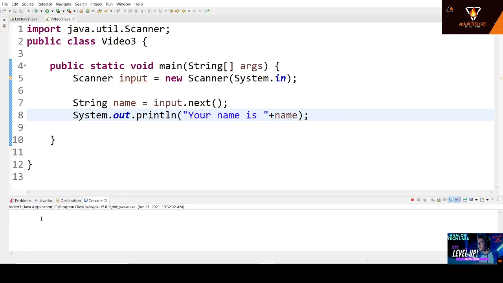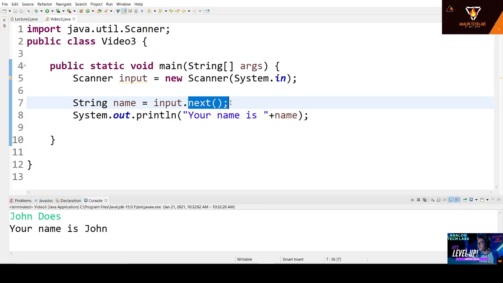Suppose the name is John Does. Now if I hit the enter button, you can see it just takes the first word. Your name is John. It doesn't take my second name. So this is the problem with the next method. Okay guys, this is the problem with the next method.